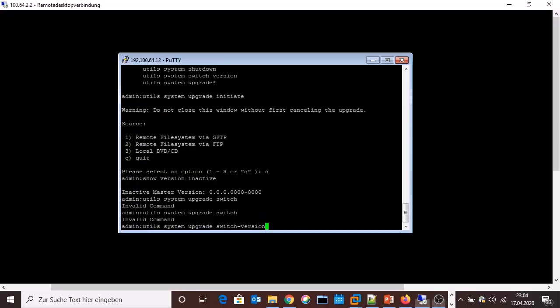I restarted the server. I just checked if it was just a false message, but no, it says there is no inactive version. So I'm just still saying